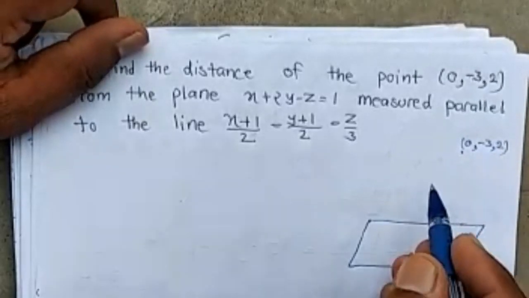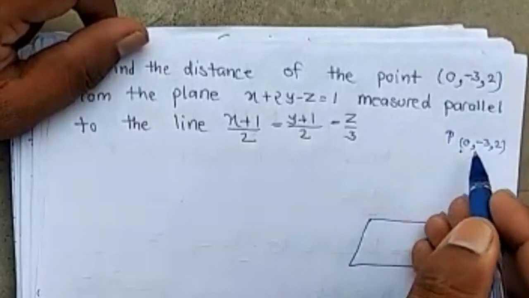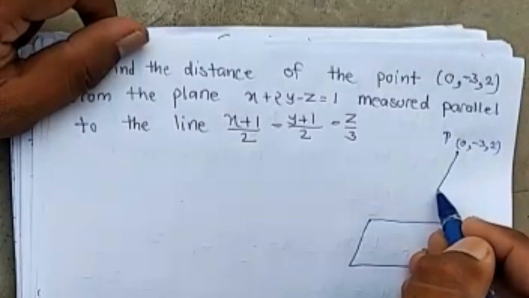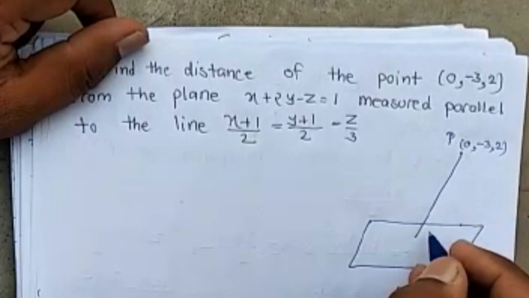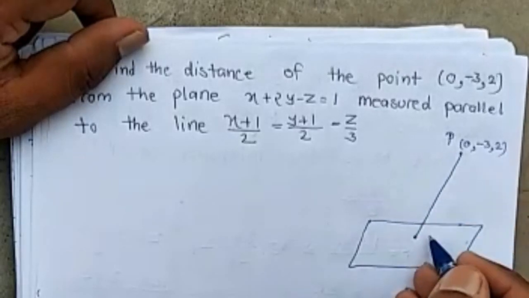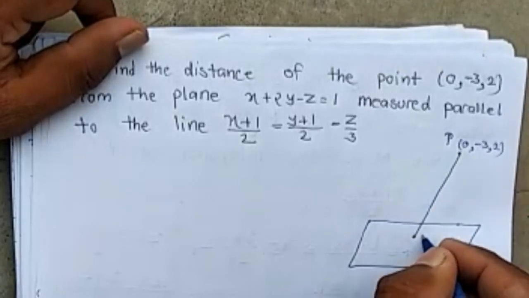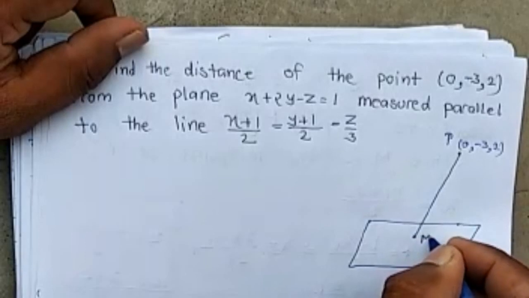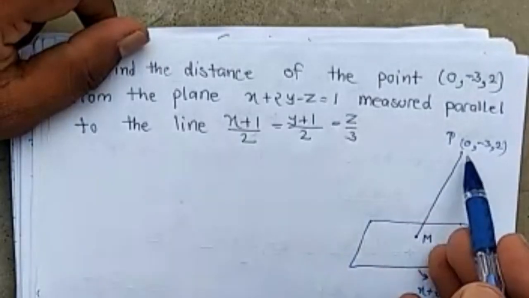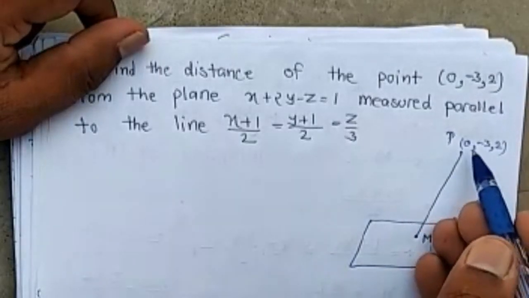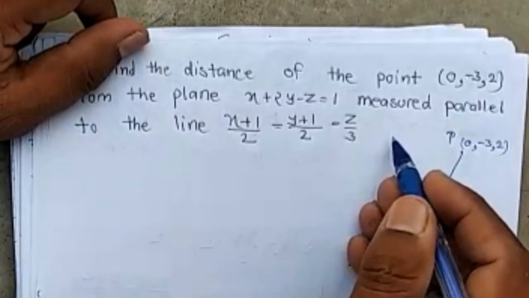We have to find the distance of point P from the plane measured parallel to a line. Means if M is the point on plane, then PM is parallel